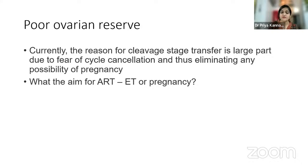So our aim should be, are we looking at just an embryo transfer, or giving the patient a higher pregnancy rate? In that case, if the embryos go to blastocyst and we are able to convince ourselves and the patient that a day 5 transfer, even if it is 1 or 2 embryos to blastocyst, can give the patient a much better pregnancy rate than